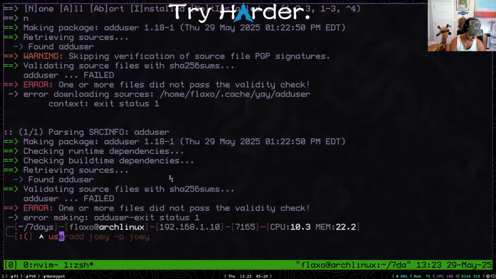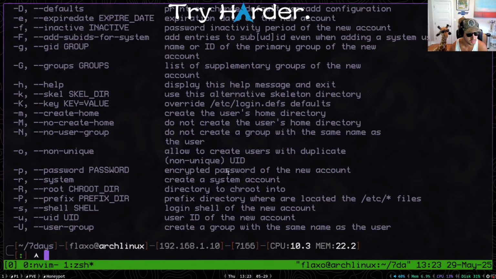Should we add an encrypted password with useradd instead of... Oh, so what if we did this? useradd -p Tim, encrypted password to the new account, -m make a home directory, -s shell is /bin/bash, sudo,